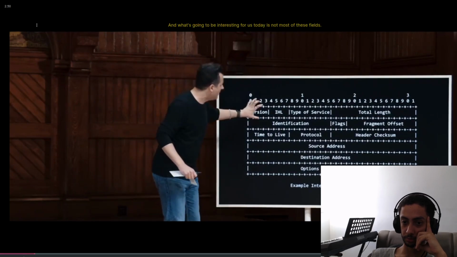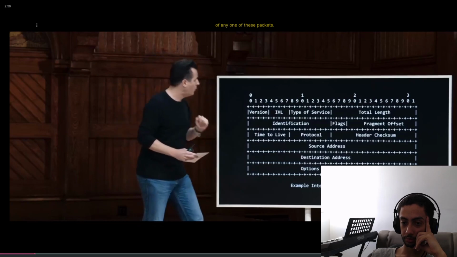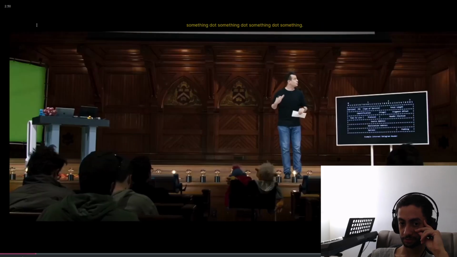And what's going to be interesting for us today is not most of these fields. There's a whole bunch of information that's encapsulated inside of any one of these packets, but we'll focus initially on these two, source address and destination address. Maybe the most important thing IP does is it standardizes what you put, so to speak, on the outside of these envelopes. It says that every computer is going to have a unique address of that form: something, something, something, something. And so just like in the real world, if I want to send this packet from Phyllis to Brian,